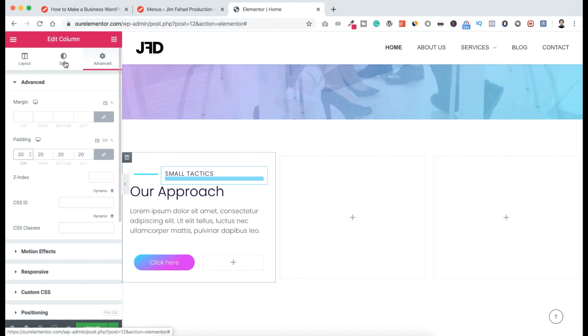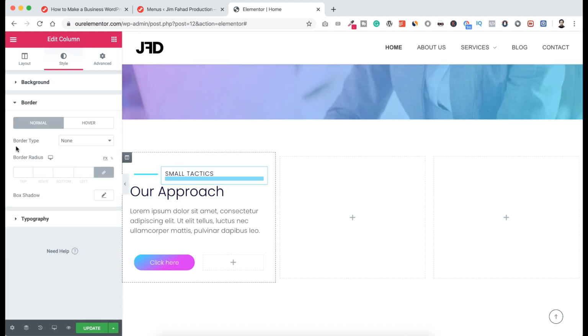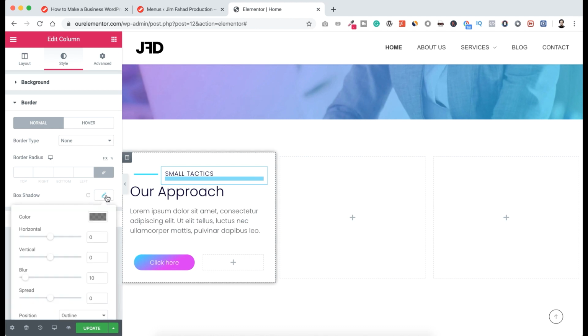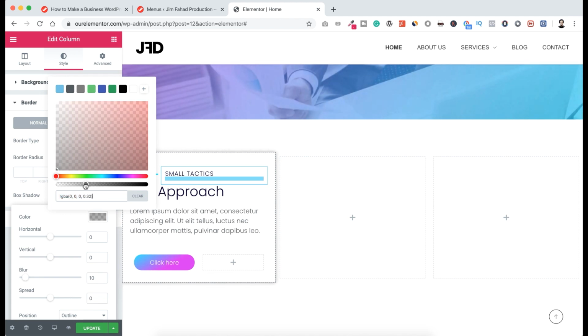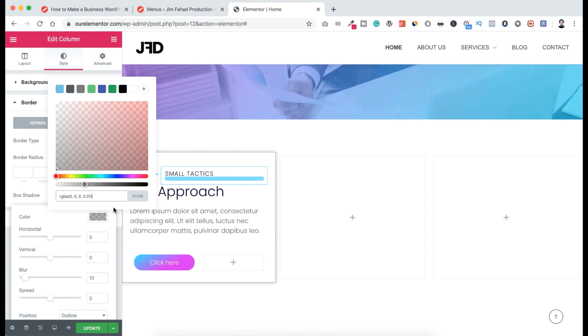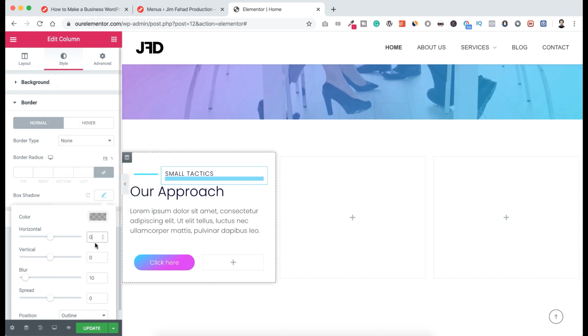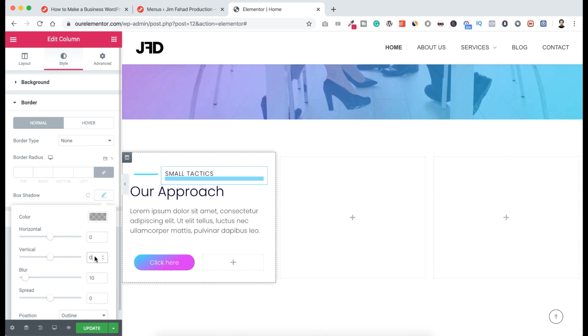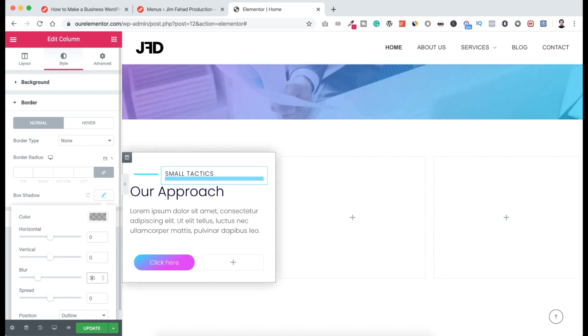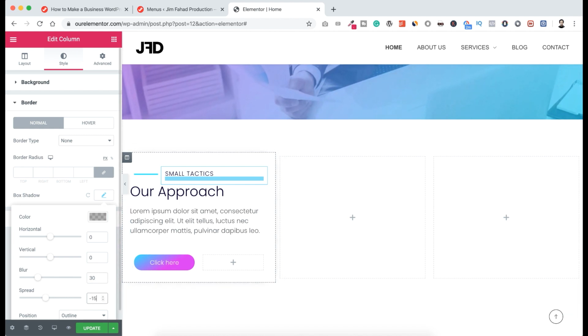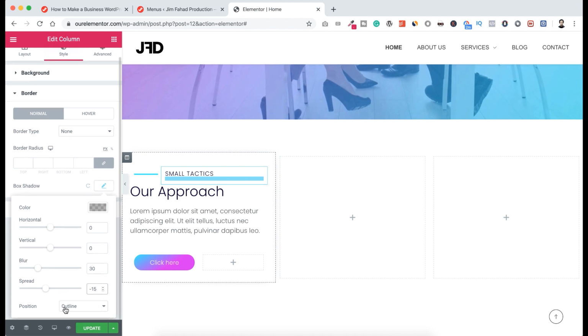So let's go to styles, click on border, and here is the box shadow option. Click here. I want to adjust it a little bit, so click on color. I want to make it more transparent, so let's drag it to the left. Let's keep it like this, so 0.3. Horizontal, let's keep it 0. Vertical, let's keep it 0. Blur, I want to make it more blur, so let's make it 30. And it spreads too much, so I want to add some negative value here, -15, and here position outline is